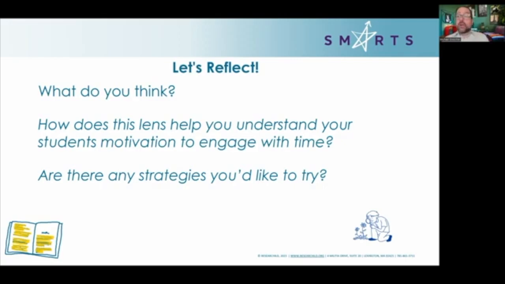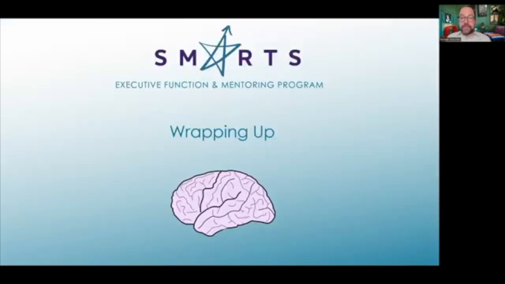Pause for a second. Do we like this one? Does it help us to kind of engage? Any strategies we mentioned that you'd like? I love that autonomy, competence, and relatedness. It's just like a magic mantra in my mind. So I hope you found something in there that you kind of like. So take a second to reflect on that, and we'll get ready to wrap everything up.